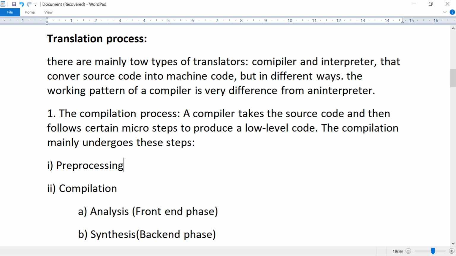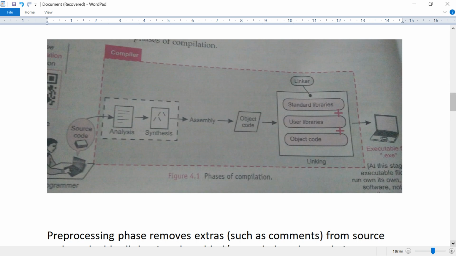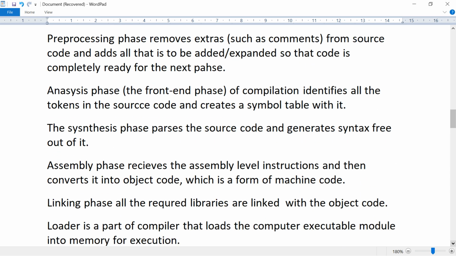First, we will see pre-processing. What is pre-processing? What will happen in this phase? The pre-processing phase removes the extras. These are called comments. It removes extras from the source code and adds any required modules to that source code.